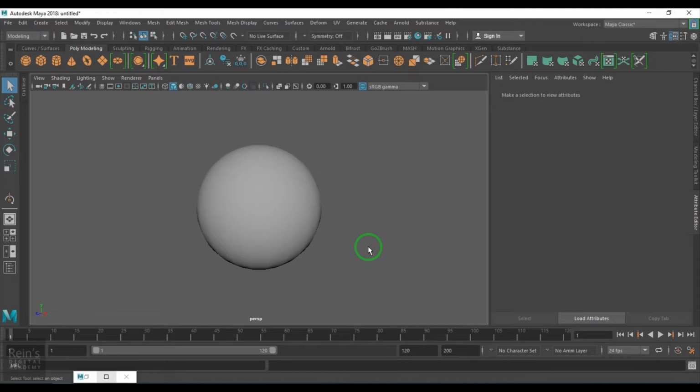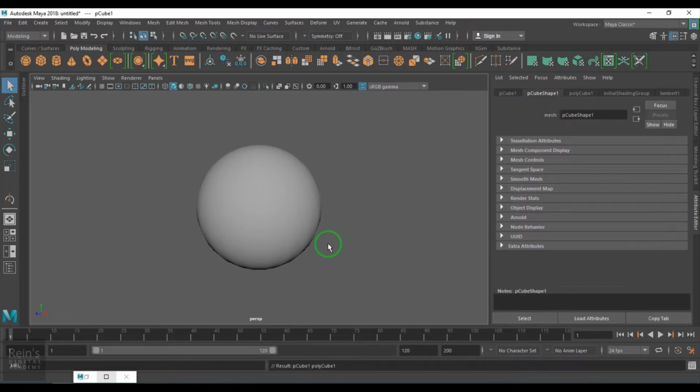If you see, I've just created a polygon sphere, and in this polygon sphere you're seeing some sort of color variation on the sphere. For example, in the center you're seeing some bright color. As I gradually go down here, that's becoming darker. Now why are these polygons darker compared to the polygons here?